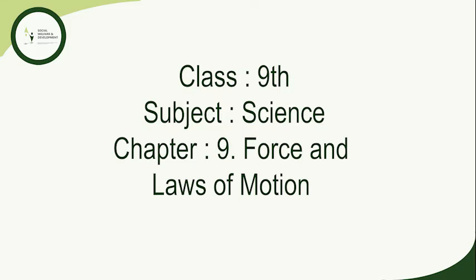Now we'll study inertia and mass. If an object is at rest, it tends to remain at rest. If it is moving, it tends to keep moving. This property of an object is called inertia. So you might ask the question, do all bodies have the same inertia? The answer is heavier or more massive objects offer greater inertia. Quantitatively, the inertia of an object is measured by its mass. Thus, we can relate inertia and mass as: inertia is the natural tendency of an object to resist a change in its state of motion or of rest. Mass of an object is a measure of inertia.